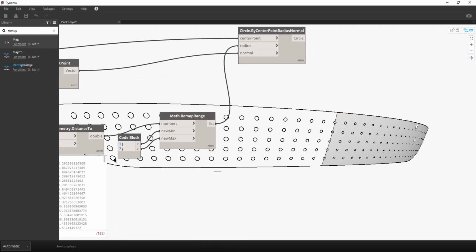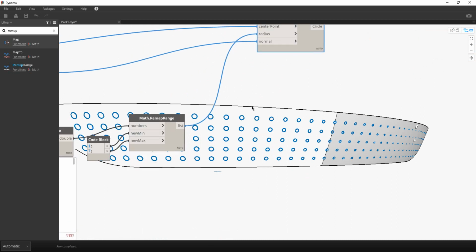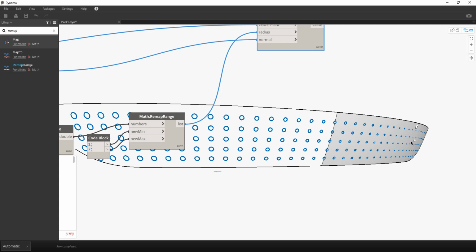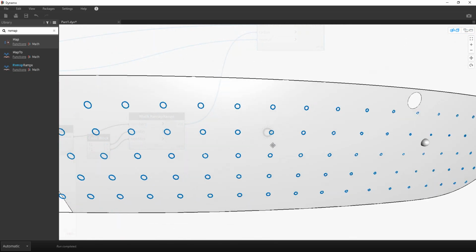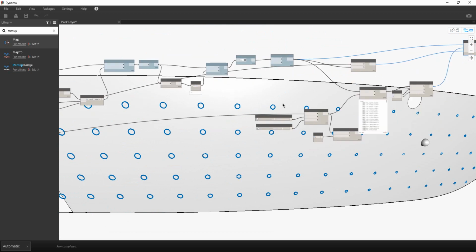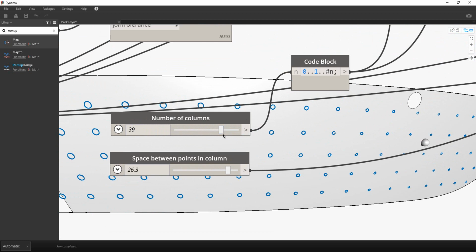However, what I need to do now is avoid a situation in which this change is linear. Because when it's linear, the difference between, for example, this circle and this one is really not perceivable, and this from this is also very similar. I don't see that much difference between them. Of course, I can increase the number of columns and even